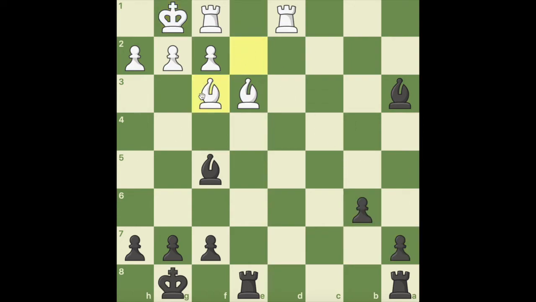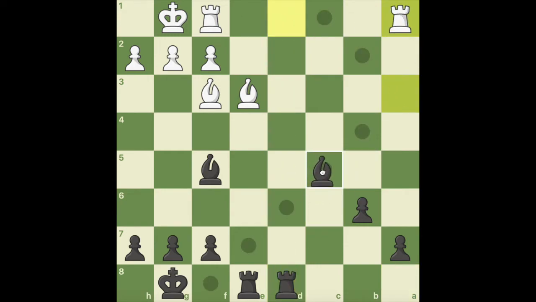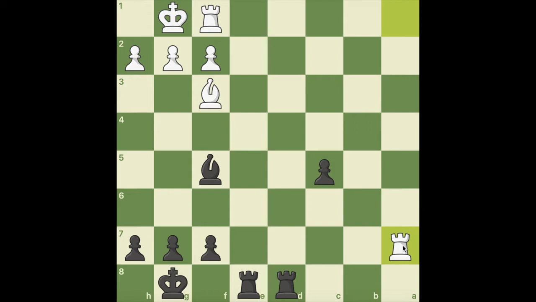He plays bishop to f3 going after my rook, and I play rook a to d1, offering him a trade. He plays rook to a1 going after my bishop, and now I play bishop to c5. Bishop to c5 blunders this pawn, but it's not really a blunder because it lets me trade off these bishops, and even after rook captures on a7,